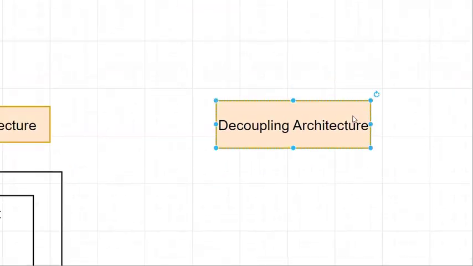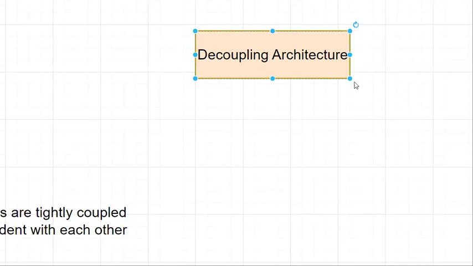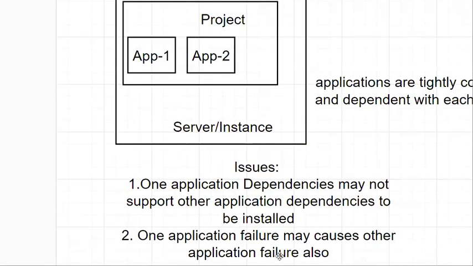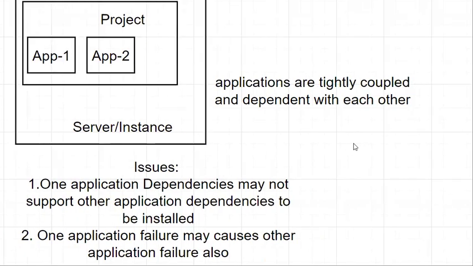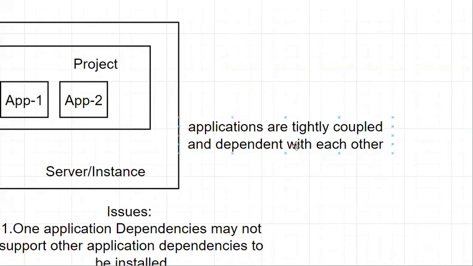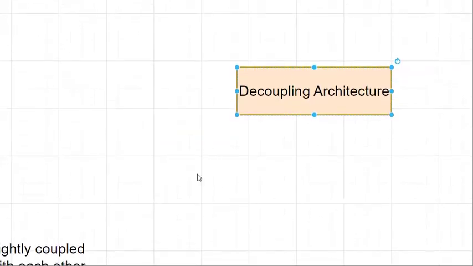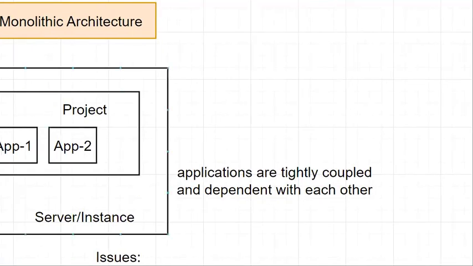Decoupling architecture. What is that? In this, how will these two issues be overcome? It overcomes these two issues by simply loosely coupling, that is, by using decoupling architecture. By using decoupling architecture, your applications are